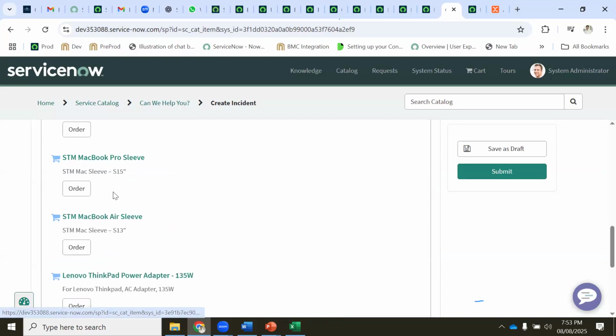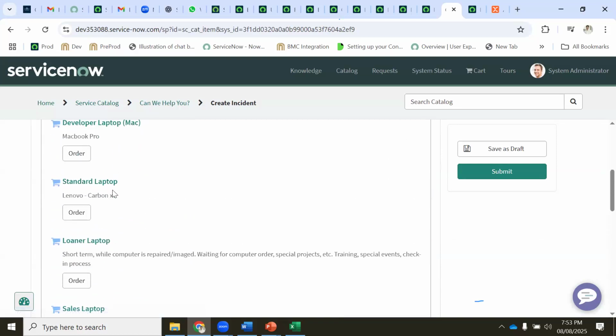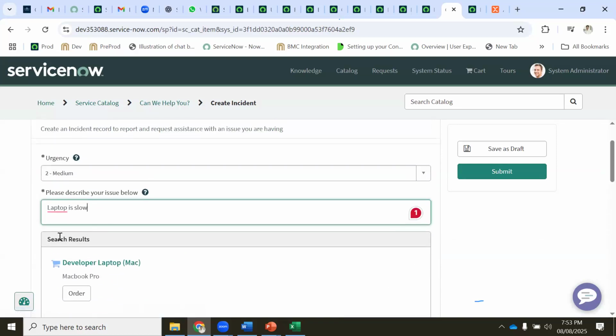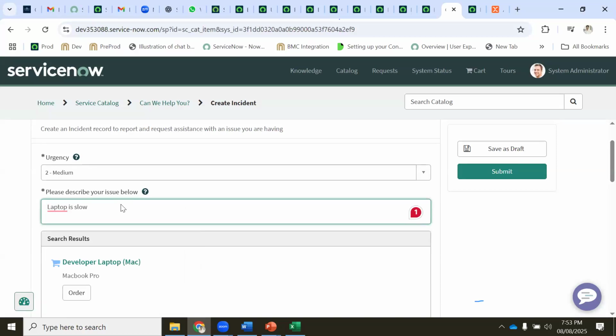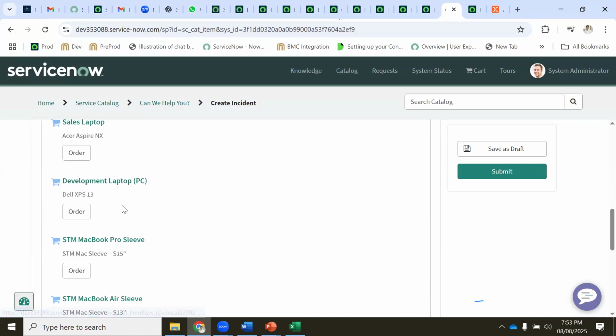They are showing help text. These are help or knowledge articles which are there in the backend. How is this searched by itself? AI search, we discussed, correct? AI search is used by ServiceNow. Wherever the word laptop is there, it will automatically try to display related results.